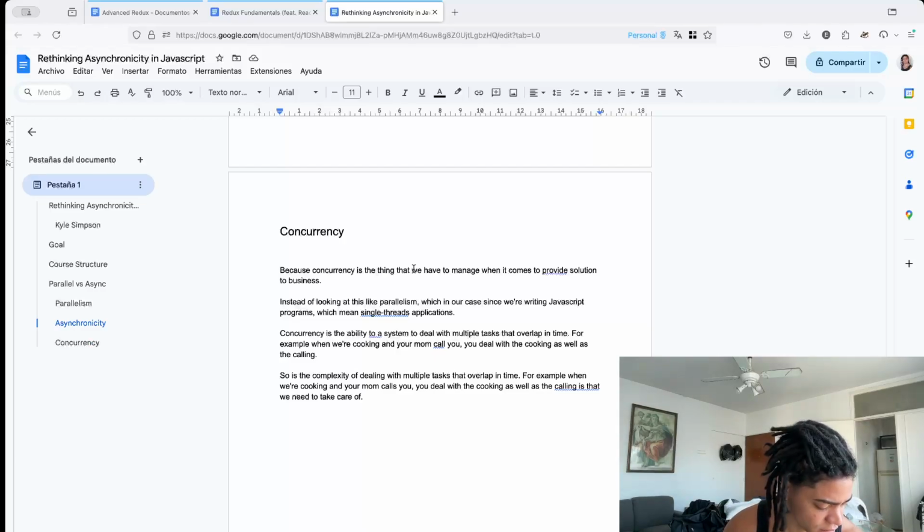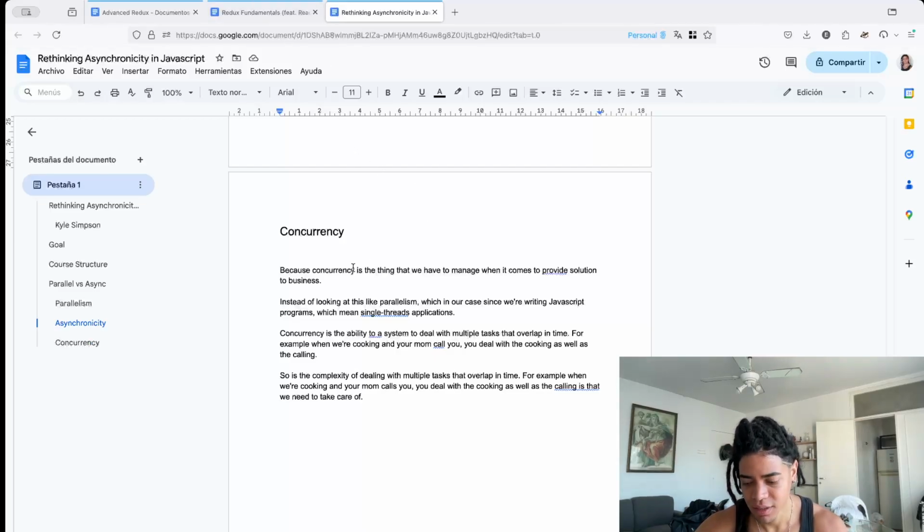What is the cautionary tale of all this? It's that the moment we diverge, the moment our cognitive perception of writing code diverges from the JavaScript engine, that's where the bugs happen. And this is especially true for concurrency. So